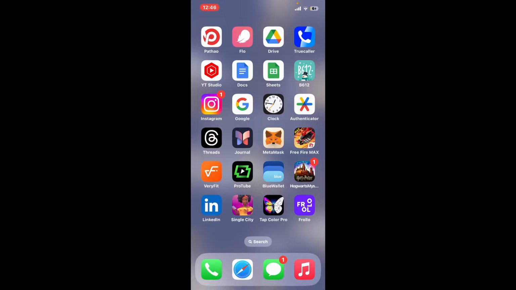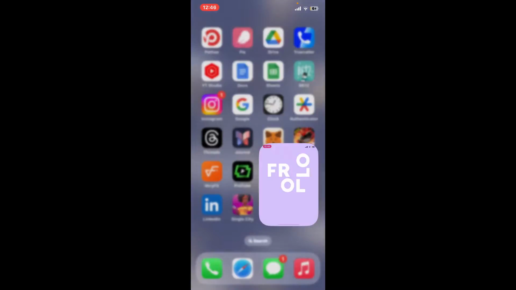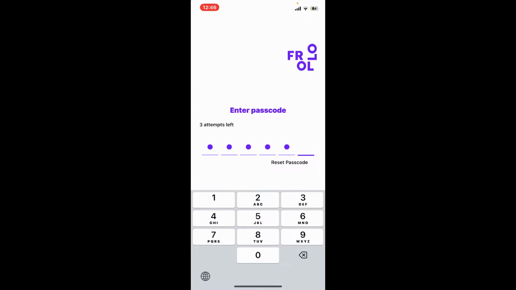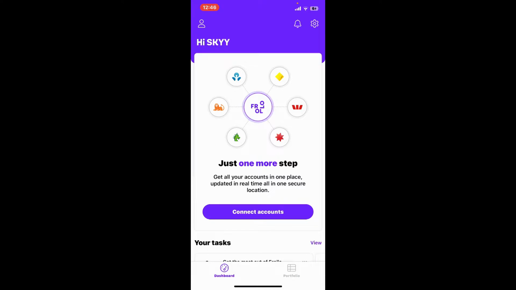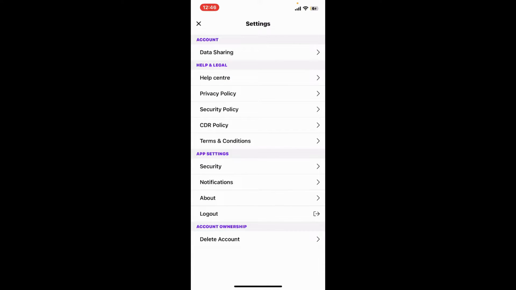First of all, open your Frollo application and make sure to sign into your account. Once you're signed into your account, go ahead and tap on the settings icon at the top right hand corner. From the settings menu, go all the way down the screen and then tap on delete account under account